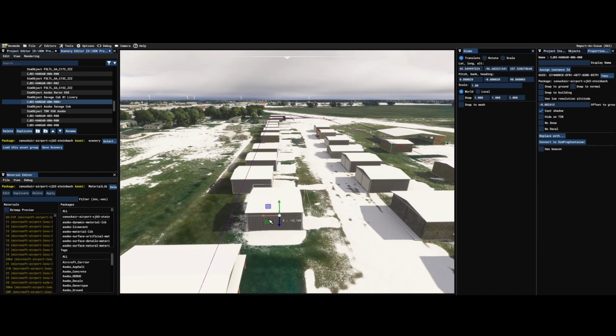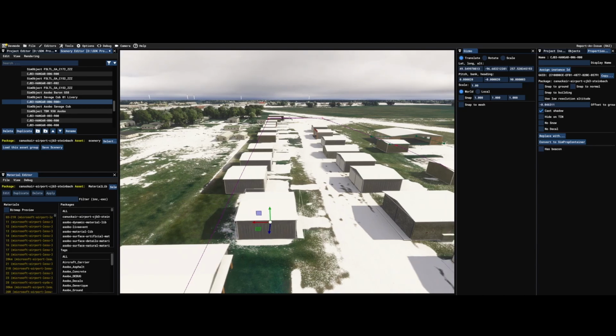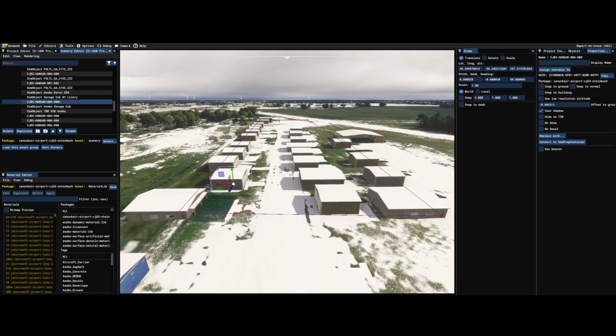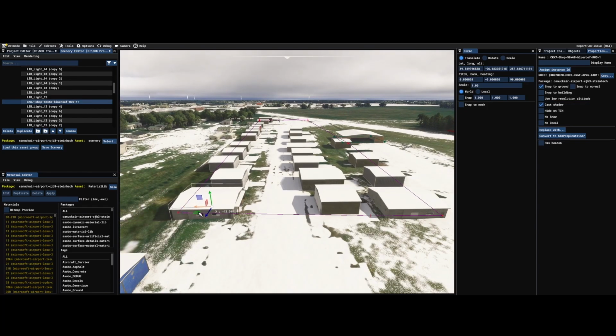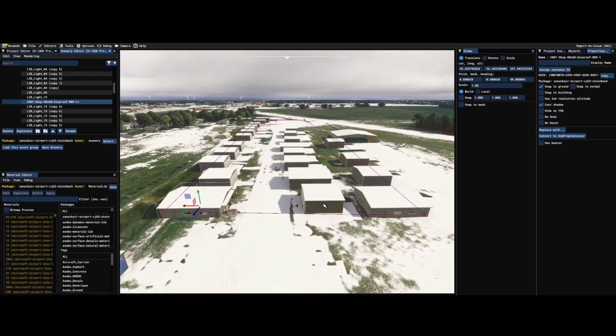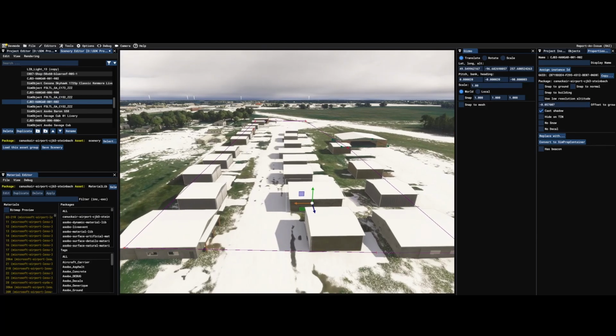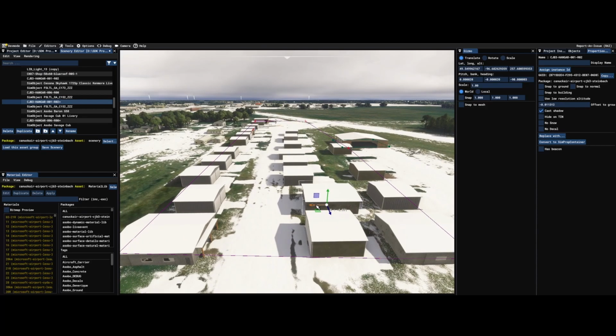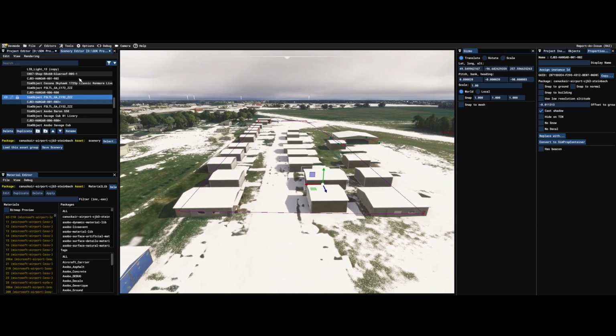Now, I'm not going to do them all because I know the end result of what will happen. Okay, so let's move one more, just so we know we've moved the first two buildings on this side. We've moved the first building on this side, and let's move the second building on this side as well. Okay, so there we go. Now it's as simple as saving the package,